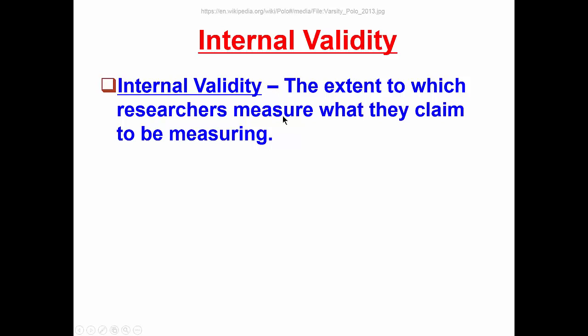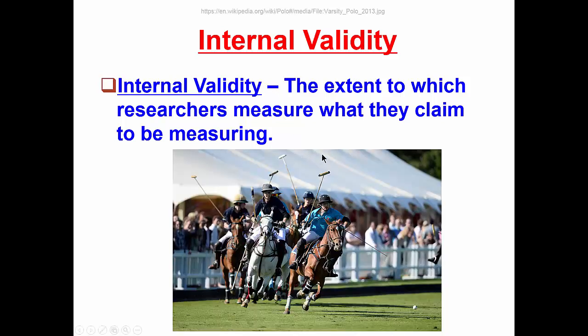That might have many questions. Let's say that some of our questions address the topic of polo, which is shown here in this diagram. Well, it might be that if the questions ask about very specific facts that pertain to polo, only a very small number of people could answer that question correctly. And the people who can answer correctly might just happen to have special knowledge of polo, independent of their intelligence. So if we use polo-specific questions to address the issue of intelligence, we probably have a breach of internal validity. We're not measuring what we claim to be measuring.